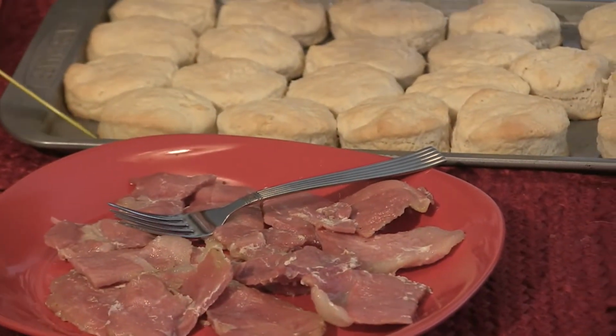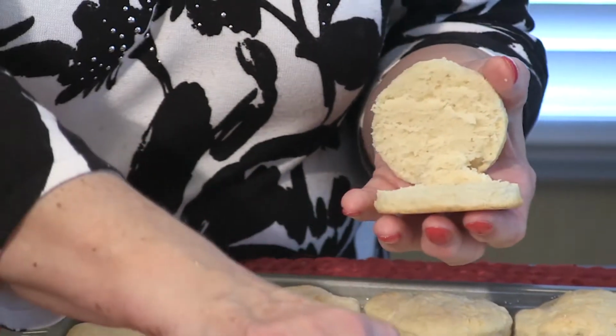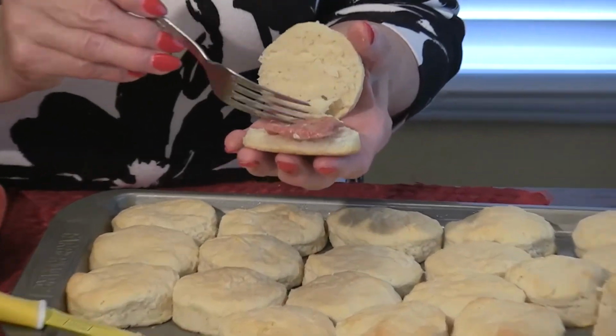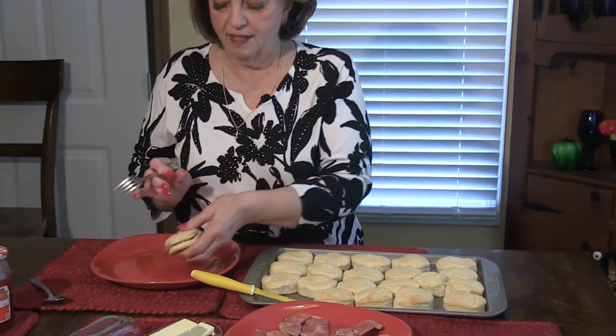So I'm going to take one of my biscuits, just split it good. And when I started cooking the country ham, I took my kitchen scissors and cut it in the size that fits the biscuit. So that's the easiest way to do it. You can do that,